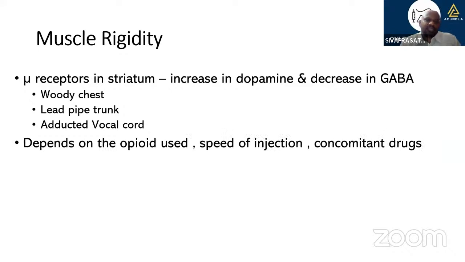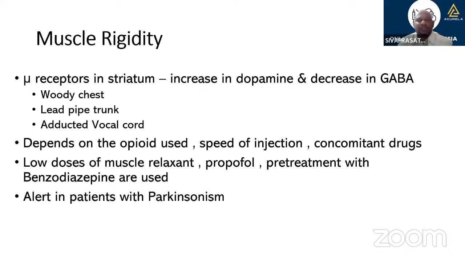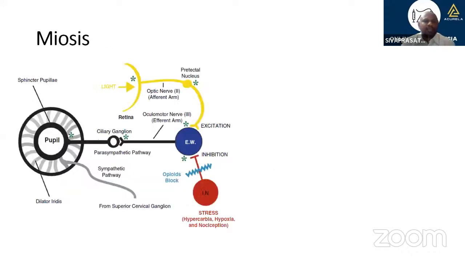So this muscle rigidity will develop depending on the opioid used. If you use fentanyl, it's much more. It is less in morphine. It also depends on the speed of injection of the drug and use of concomitant drugs. So low doses of muscle relaxant, propofol, pre-treatment with benzodiazepine, all this can reduce the muscle rigidity. But whenever we have this, we have to be careful because quickly the patient will start to desaturate. And we have to be very careful in patients who have Parkinsonism because the rigidity is very high in these patients. Coming to miosis,